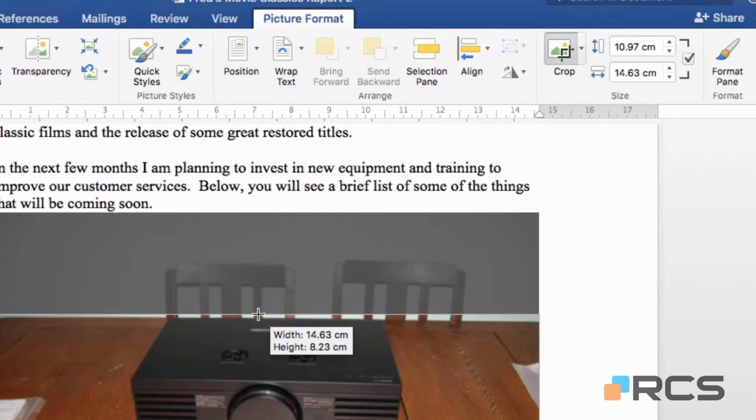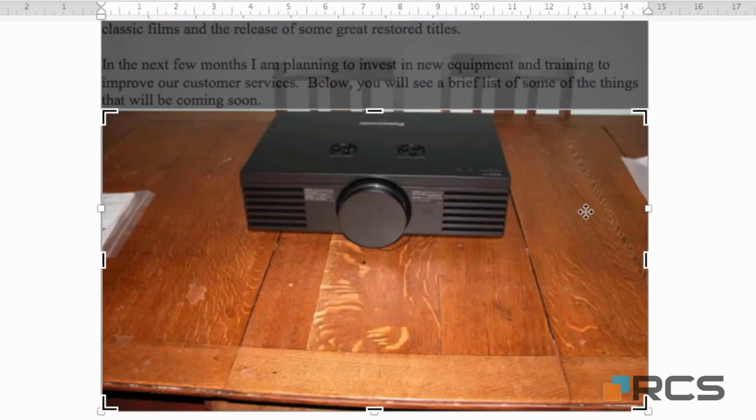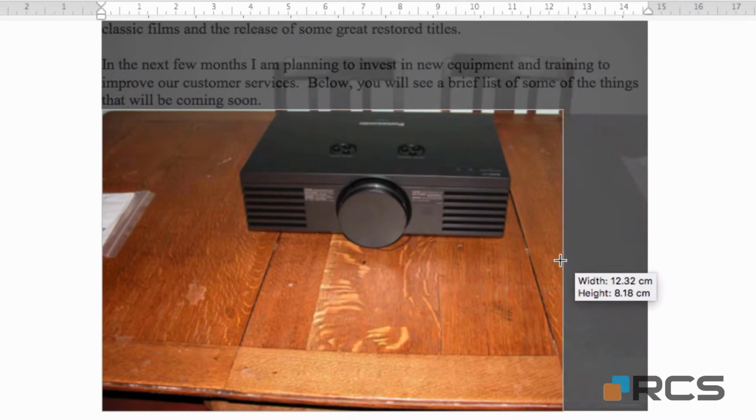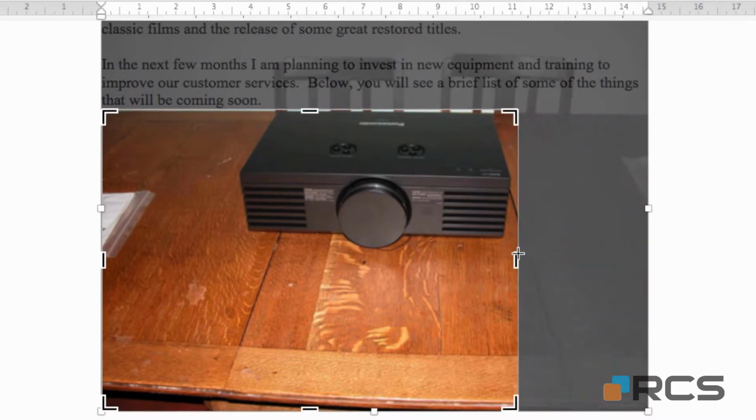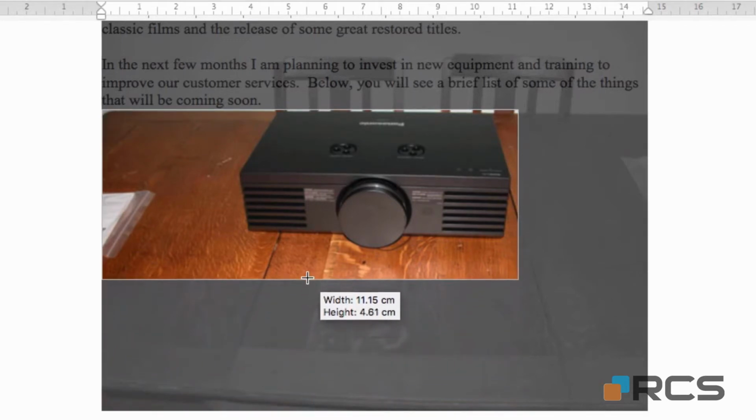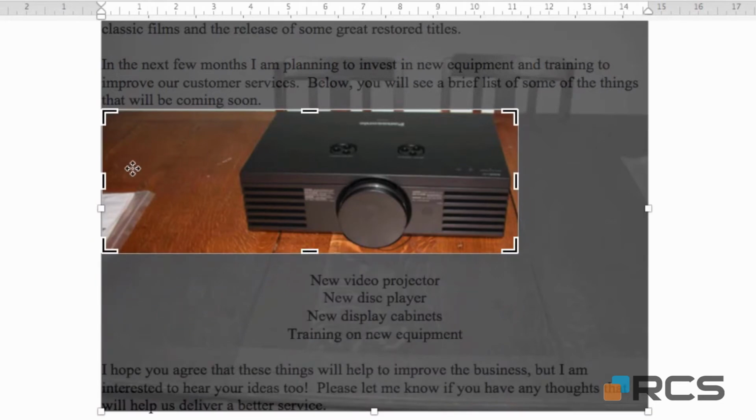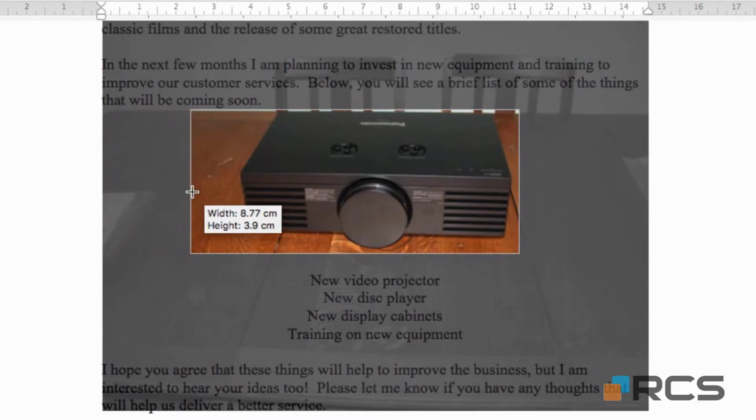So drag all the way down close to the projector, and I'm happy with the cropping there, so simply release the mouse button and then come across to the right side and do the same thing. So put the mouse pointer over the right side crop handle and drag in until I have cropped the image where I want it on the right side. Again, release the mouse button, do the same thing at the bottom. Now you'll see there the drag handle, and in this case drag up, and finally go to the left side. Again, get the crop icon and drag in all the way there to the projector